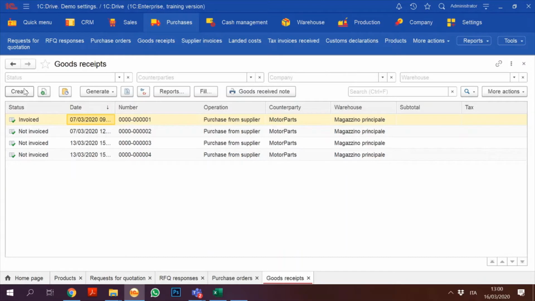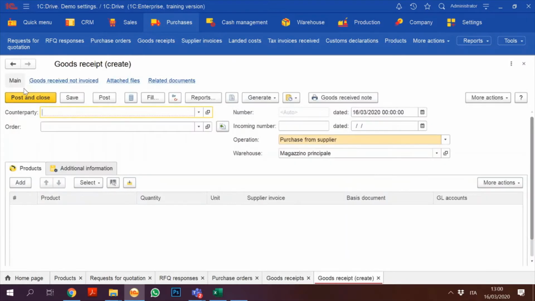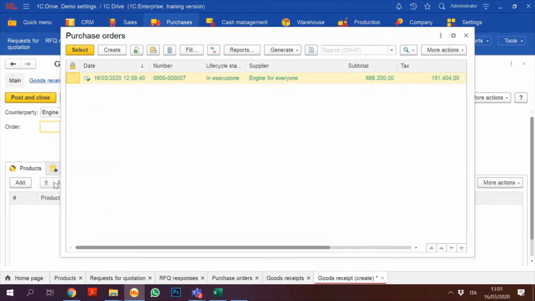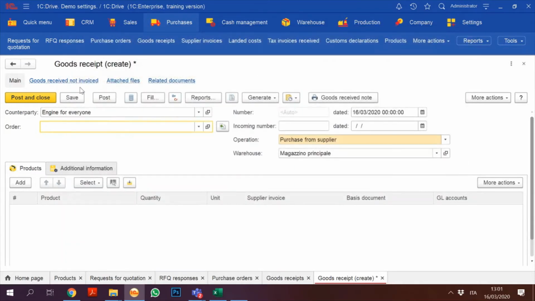Anyway, in this case, we don't have the time to do it. And suppose that from Engine for Everyone, I receive some goods. The system shows us, okay, I go look, and it's showing me, again I show you, I select the counterpart. In reality, how it works, suppose that I'm a person of the warehouse,